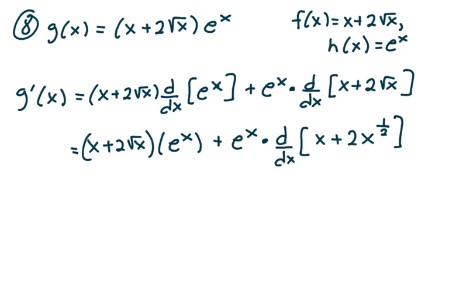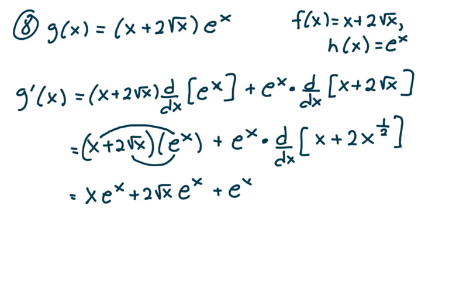So it's going to be a little bit easier to take the derivative of that. Now, I'm going to distribute the e to the x inside. And so I get x e to the x plus 2 square root of x times e to the x plus e to the x times